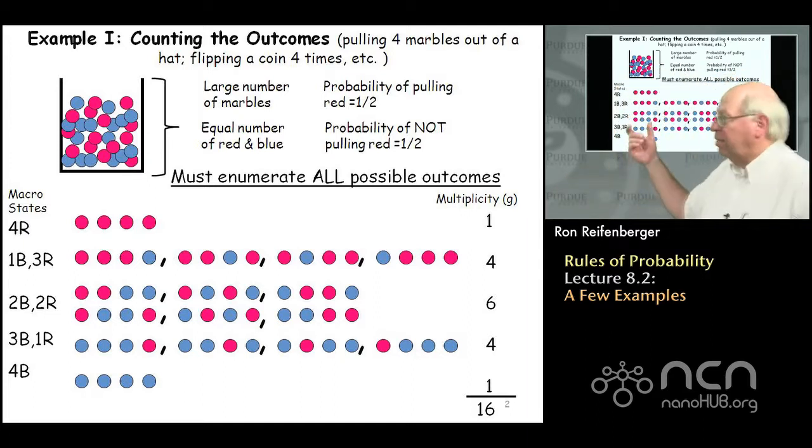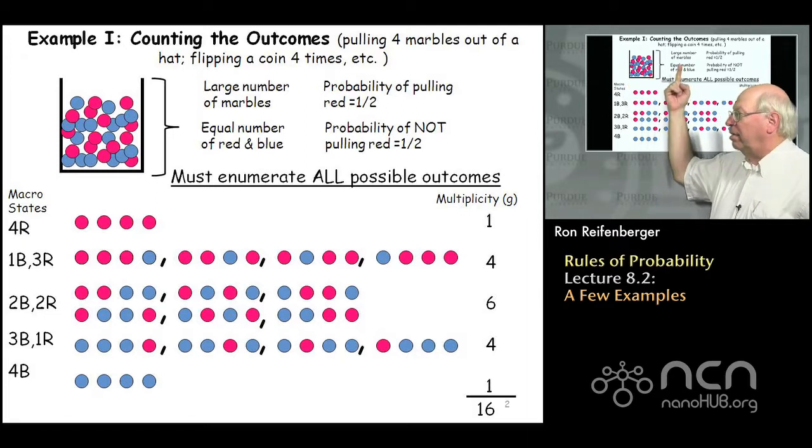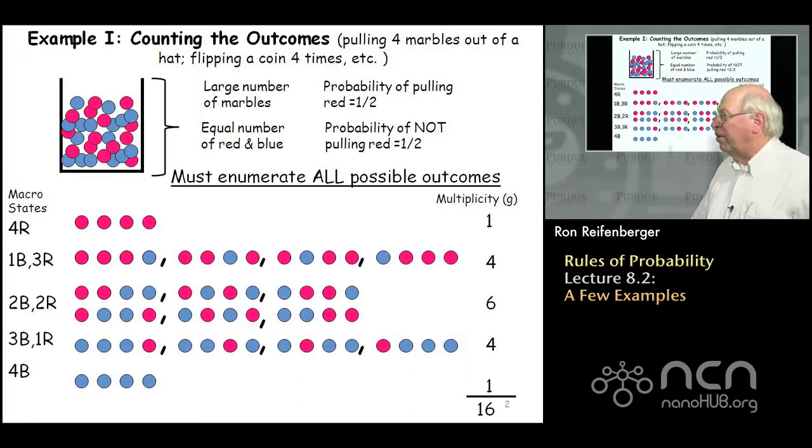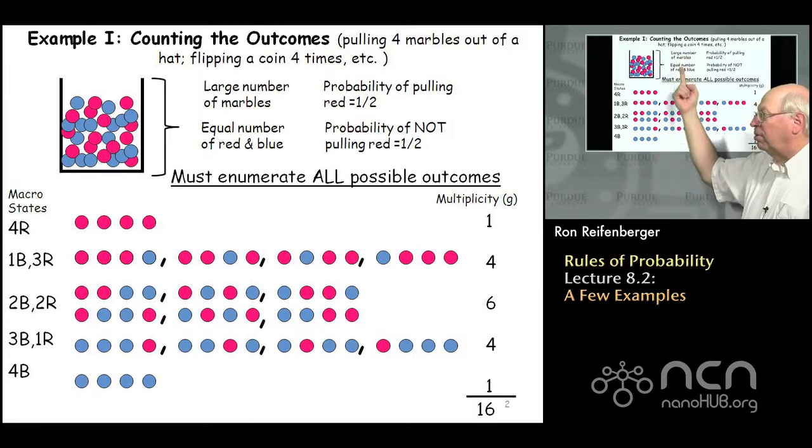To set it up, we've got a box. Inside this box, we've got a large number of red and blue marbles. There's actually equal numbers of red and blue, and there are very many marbles. You put your hand in this box and pull out a marble. Because there are equal numbers, the probability of pulling out a red marble is 1/2. The probability of not pulling out a red marble, that means pulling out a blue marble, is also equal to